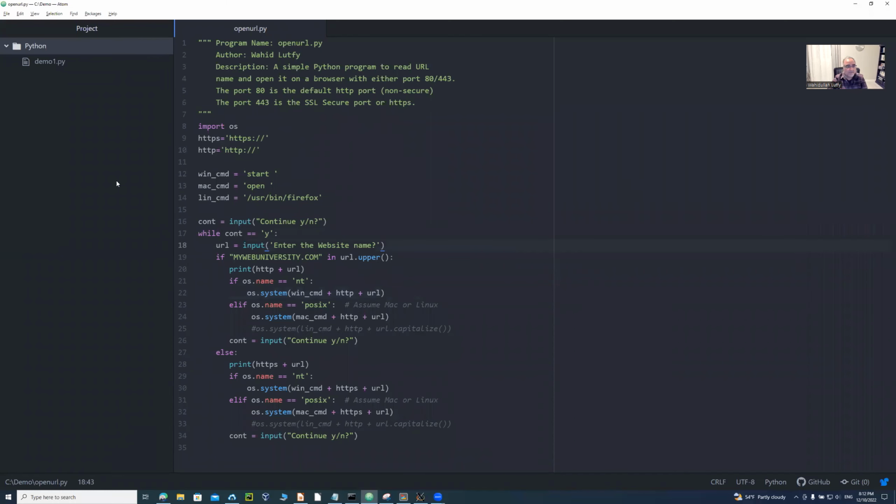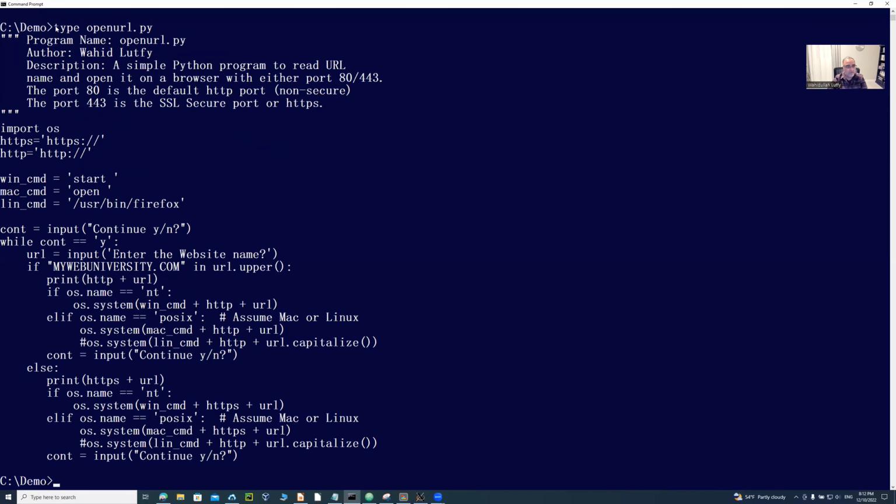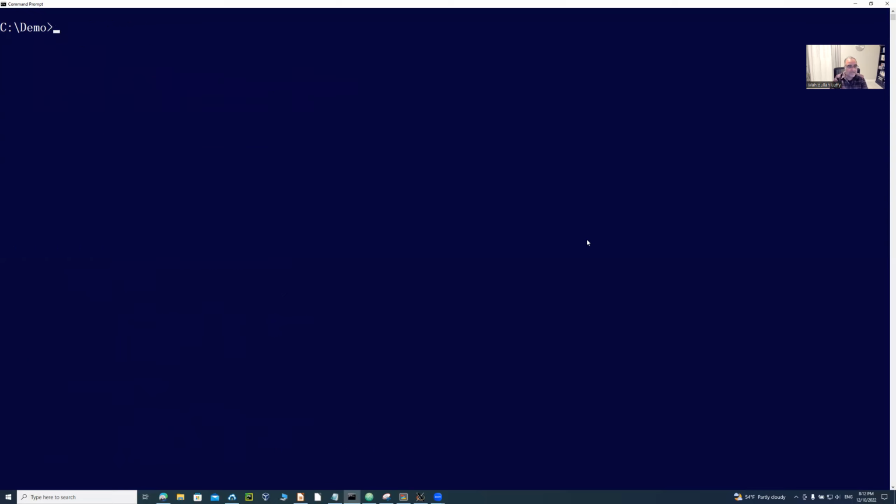This is going to just show you exactly what we showed you here on Atom. So the command line equivalent to opening it here is type. But in order to run it, you have to clear screen again here, and instead of type open URL, you say python3 open URL. The reason I'm saying python3 is because if I say python3 --version, it's going to show that I have Python